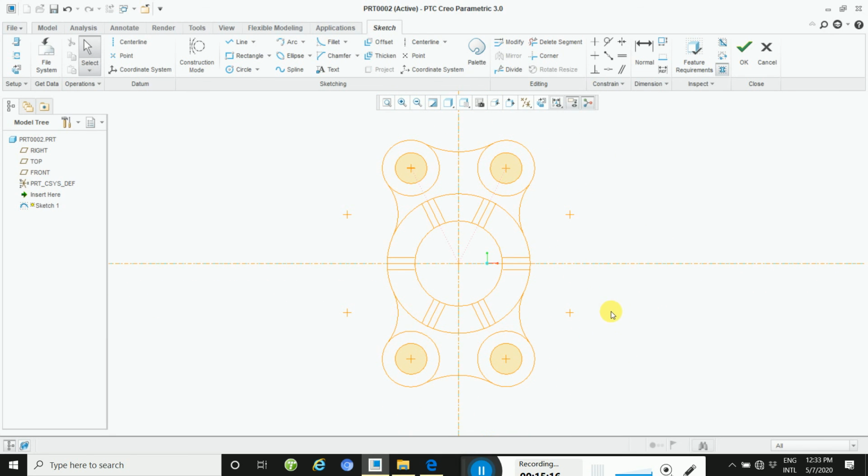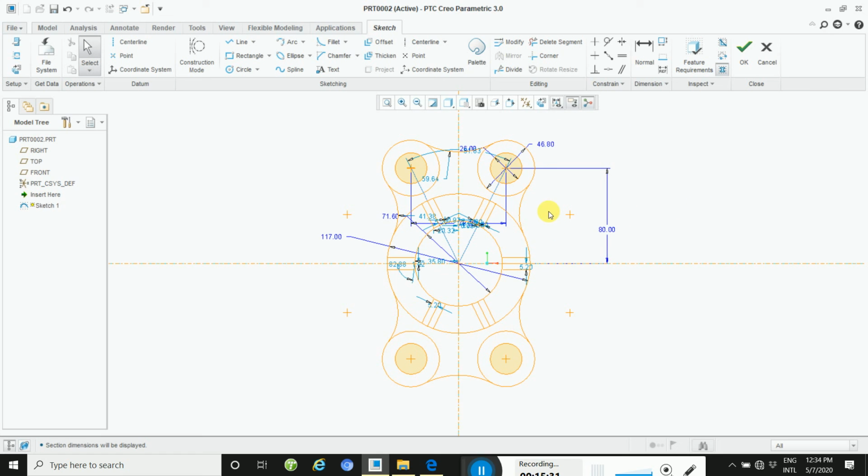See this. Here you need to change the dimension.